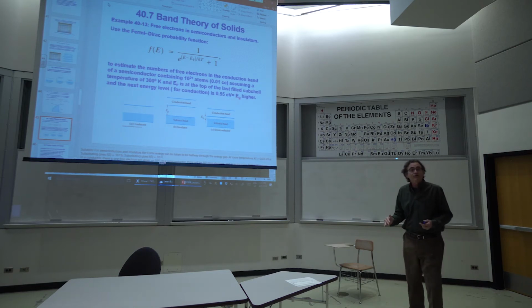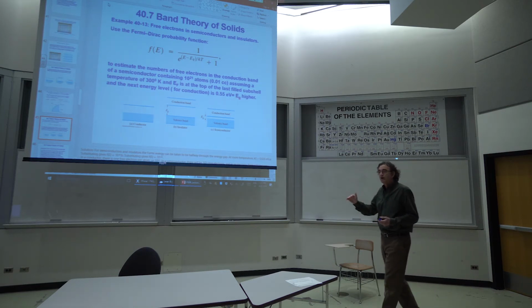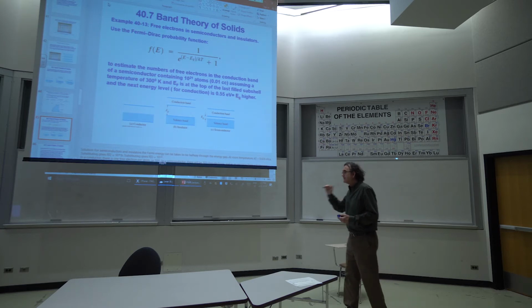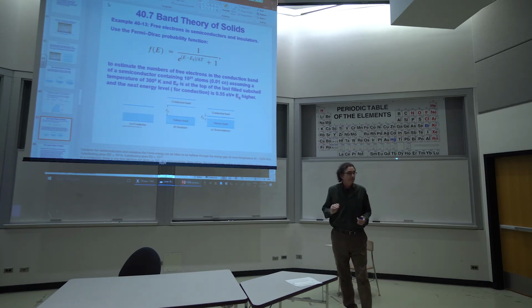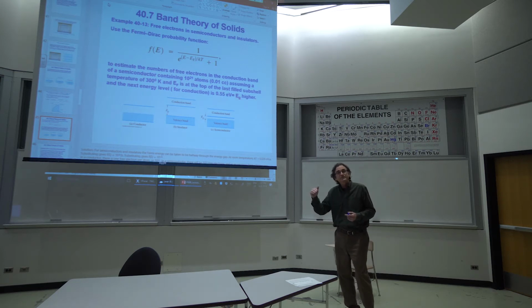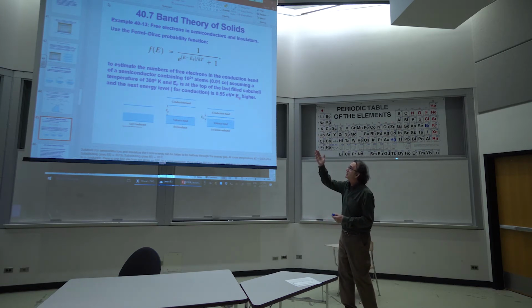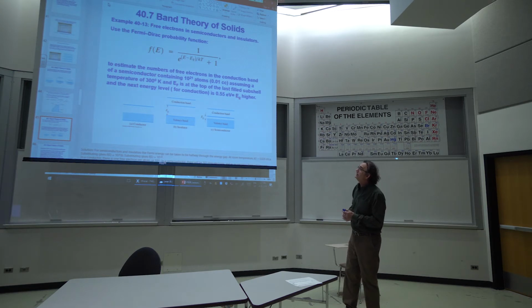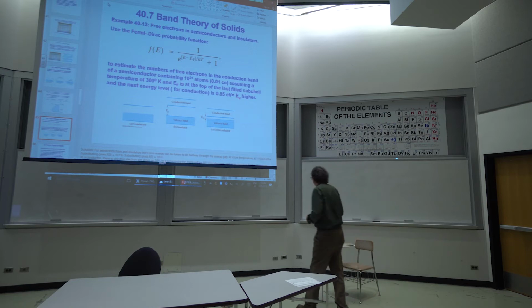The energy levels are filled up, and in a semiconductor, the last valence band is completely filled. But it doesn't have quite enough to get into the conduction band. But a few of them will get into the conduction band. And the reason is because there is some finite temperature T greater than 0 that will allow this to occur. So a simple calculation says that the probability, f of E, the probability of making it,